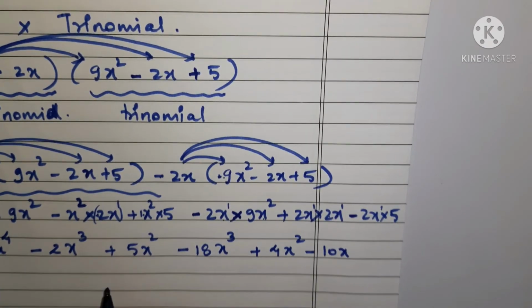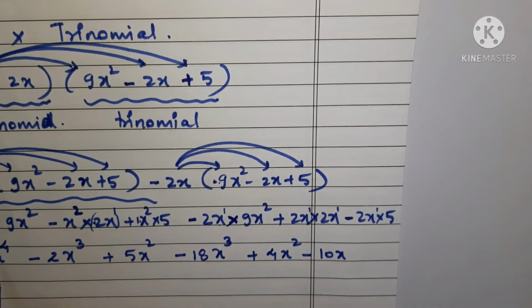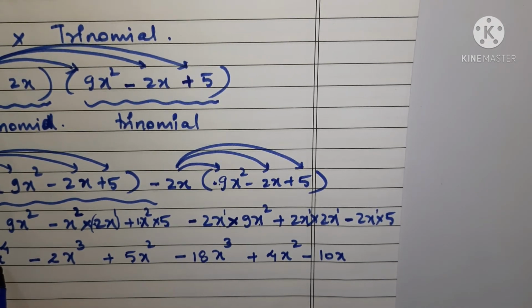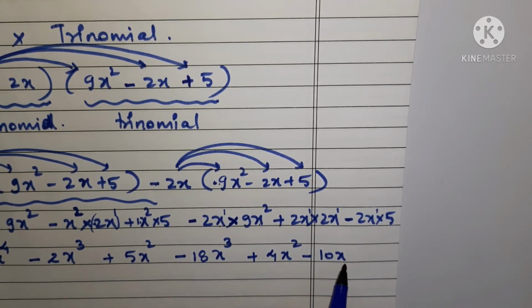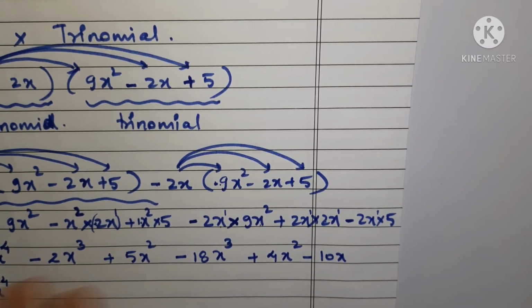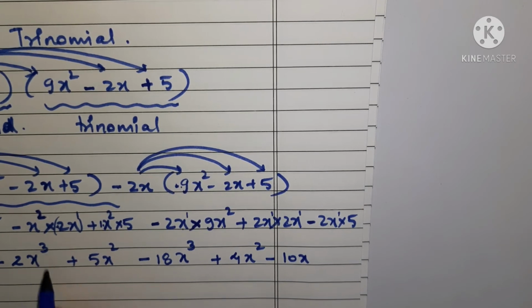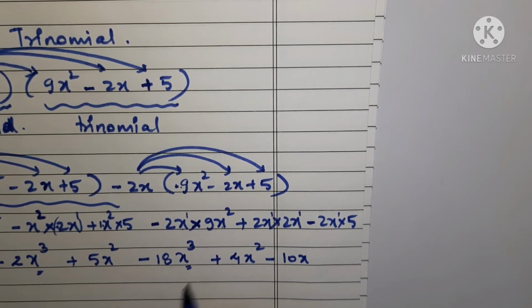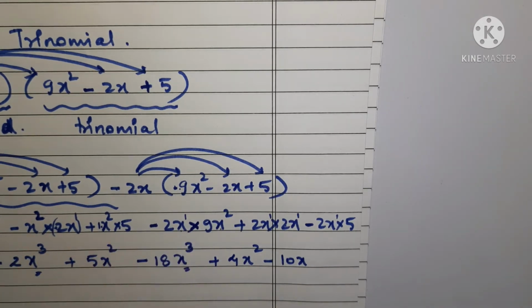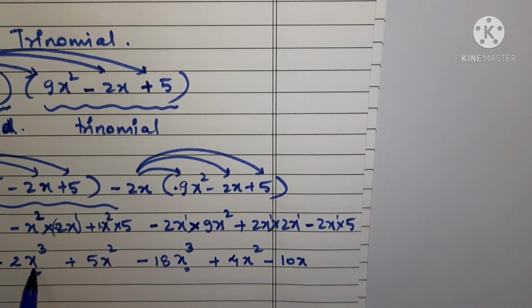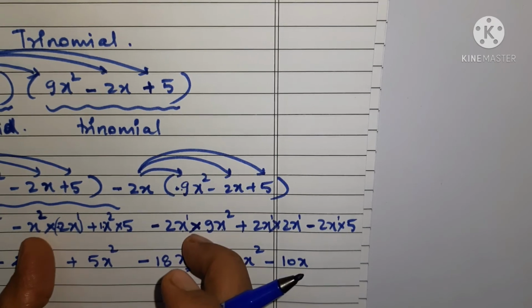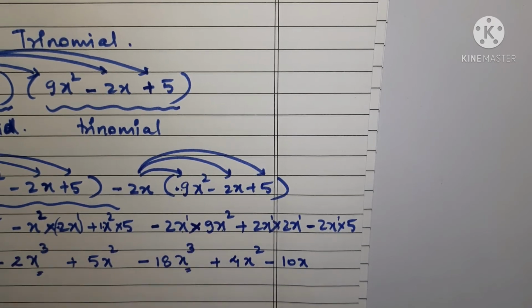जो भी like terms हमारे पास हैं हम उनको पास में ले आएंगे. तो we are not having any variable with x to the power 4. You can see here no variable is there with x to the power 4, so let it be here only, right? Let us find out if there is any variable with x to the power 3. You can see this one is here and this one is here, so we are going to bring them together. हम इनको जो भी वेरिएबल्स लाइक टर्म वाले हैं, जिनके वेरिएबल्स भी सेम हो और पावर्स भी सेम हो, हम उन्हीं को लाइक टर्म्स कहते हैं, उनको हम एक साथ ले आएंगे.